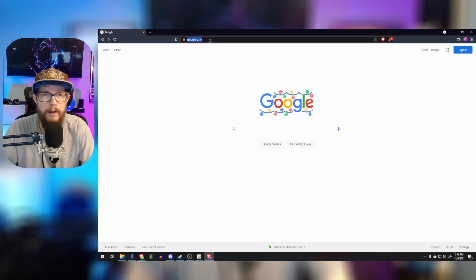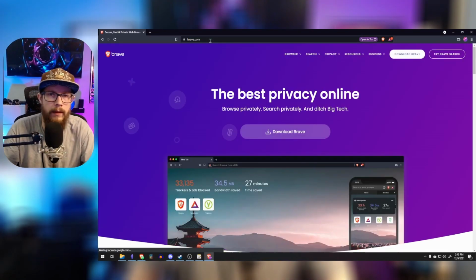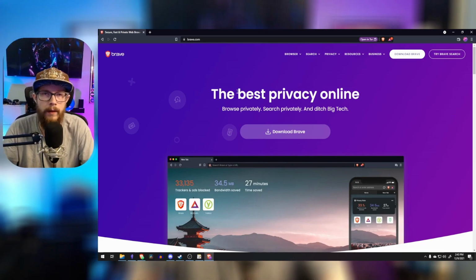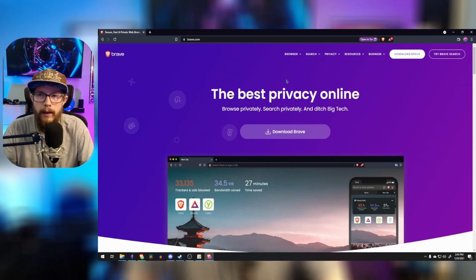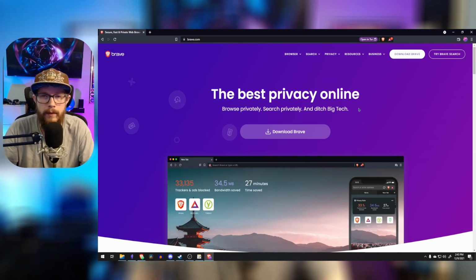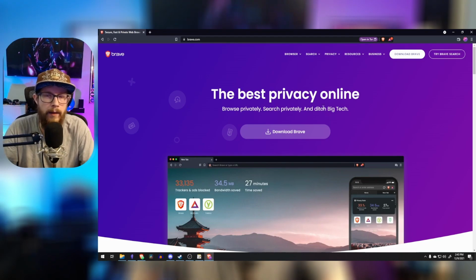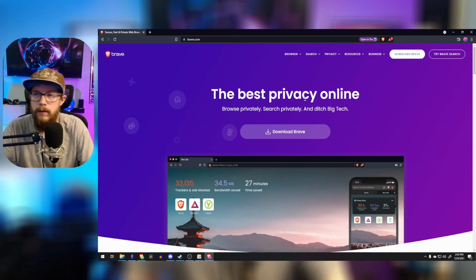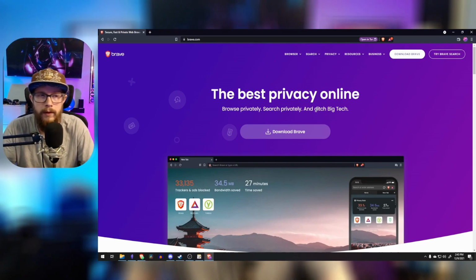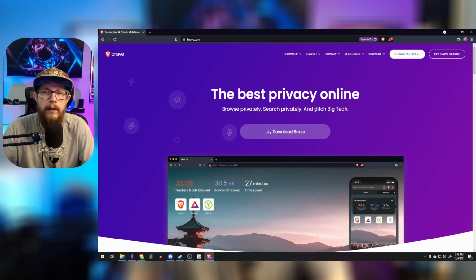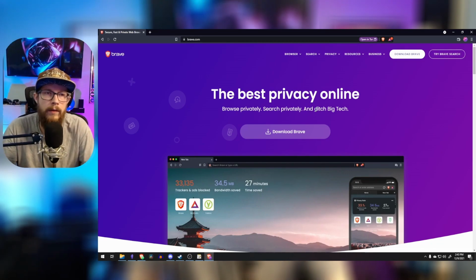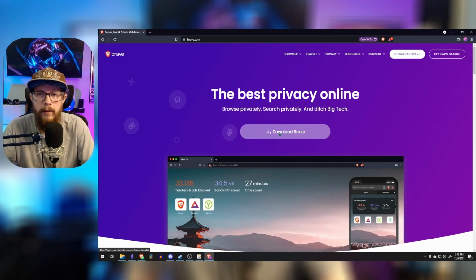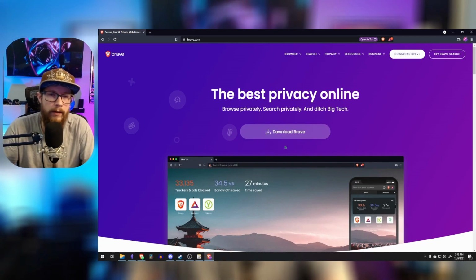Okay, the first thing you're going to want to do is go to brave.com and download this privacy-based browser. This is going to be for your laptop or desktop. And this is a really great browser, especially once we change a few settings. Right out of the box, it's really great towards speed and privacy. So we can ditch Google Chrome, which definitely tracks literally everything you do throughout the internet, and we can use Brave. So what you're going to do is download and install that, and I already have it downloaded and installed,